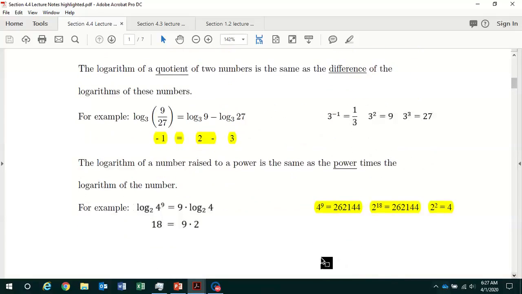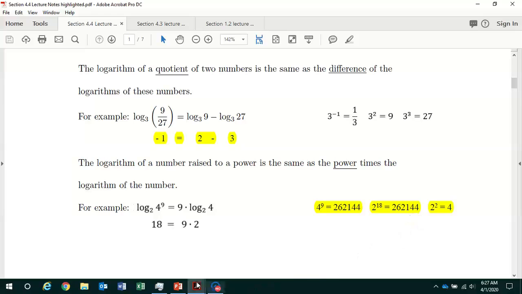Lastly, let's demonstrate the power rule. So we're going to take log base 2 of 4 to the 9th power and show that you can indeed take that exponent 9, bring it down from the log, and that's equal to 9 times log base 2 of 4. Well, 4 to the 9th power is equal to 262,144. So log base 2 of 262,144 is equal to 18, because 2 to the 18th power is equal to that same number,